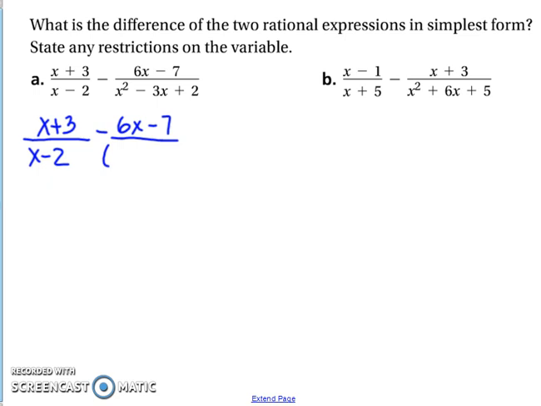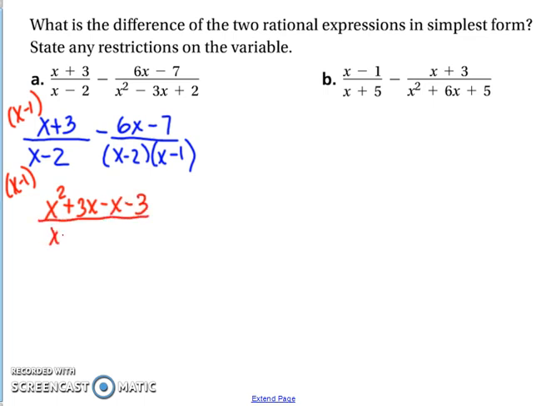So multiplies to 2 and adds to -3. I'm going to use x minus 2 and x minus 1. So now when I look at these two denominators, the first one is missing an x minus 1. So it needs an x minus 1 on the bottom and an x minus 1 on the top. We have to FOIL the x minus 1 and the x plus 3 together. So that's going to give us x squared plus 3x minus 1x minus 3